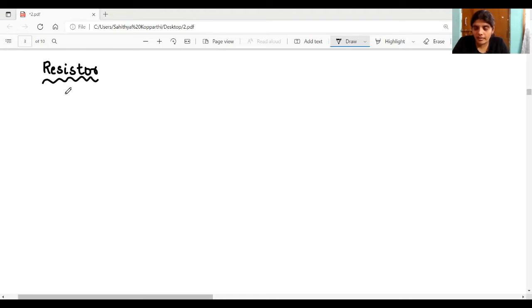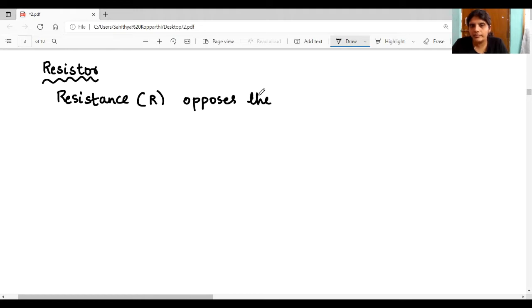The property exhibited by a resistor is called resistance. Resistance is denoted with symbol R. It opposes the flow of current. Symbolic representation of resistor is